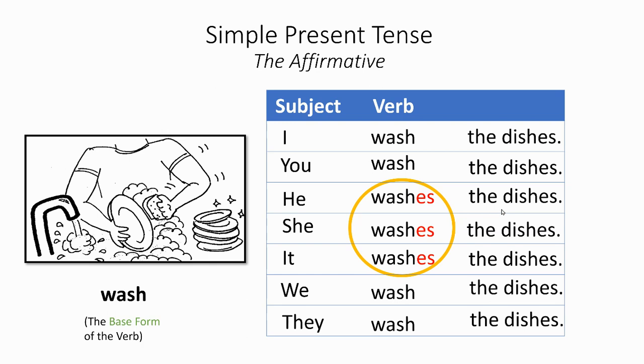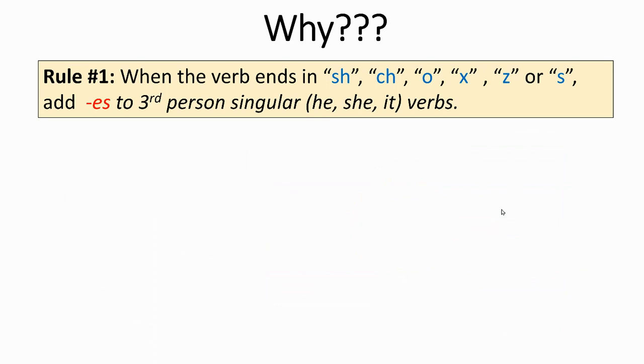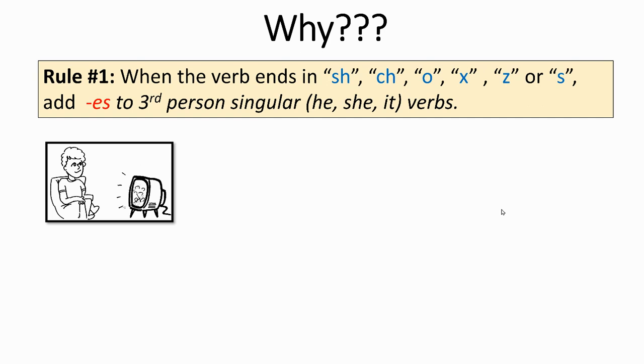Uh-oh, this is different. Here we add an ES. So sometimes you add ES. Why? Well, there's a rule. Rule number 1, when the verb ends in SH, CH, O, X, Z, or S, add ES to third person singular verbs. He, she, it verbs. For example,